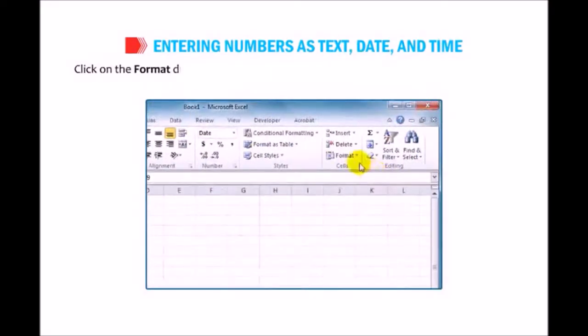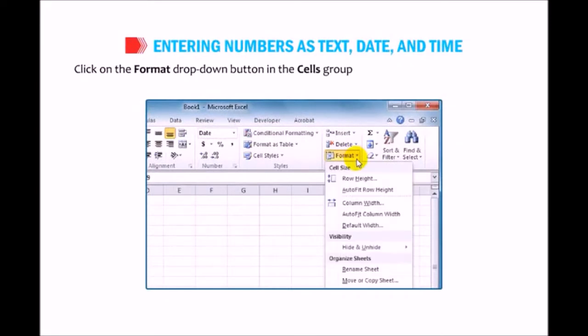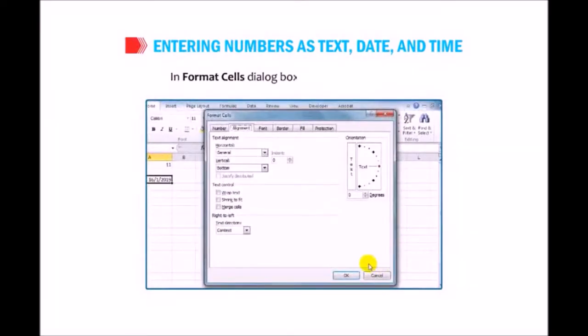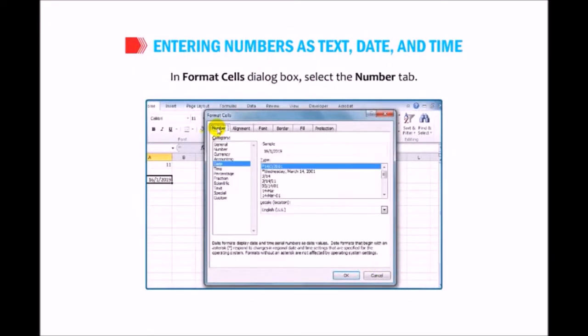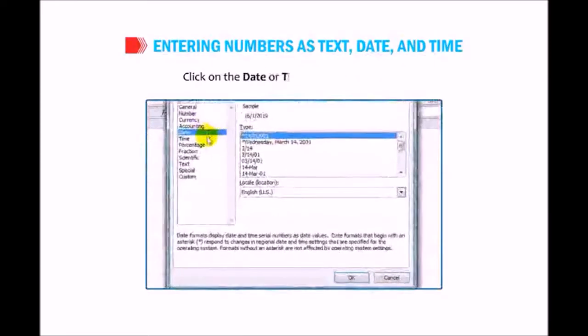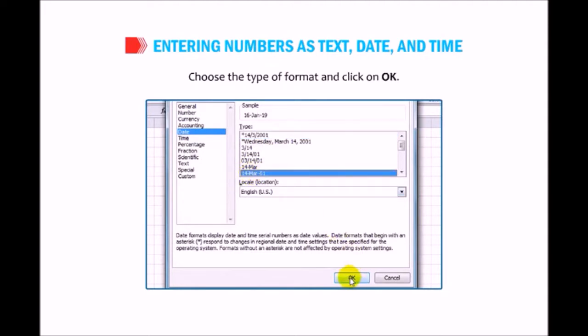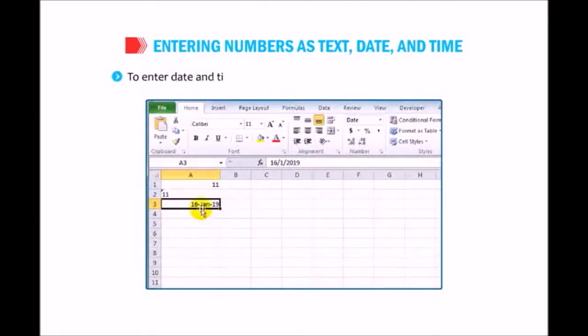Click on the Format drop-down button in the Cells group on the Home tab and select the Format Cells option. In the Format Cells dialog box, select the Number tab. Click on date or time in the category list. Choose the type of format and click on OK. To enter date and time in a cell, separate the date and time with a space.